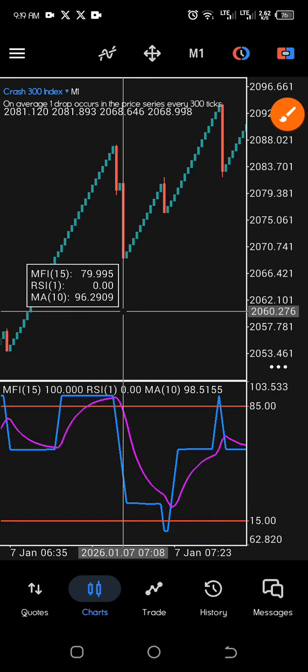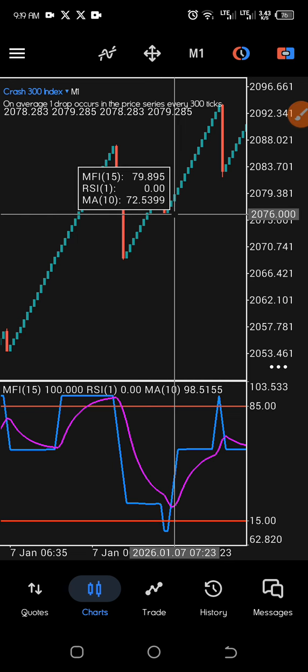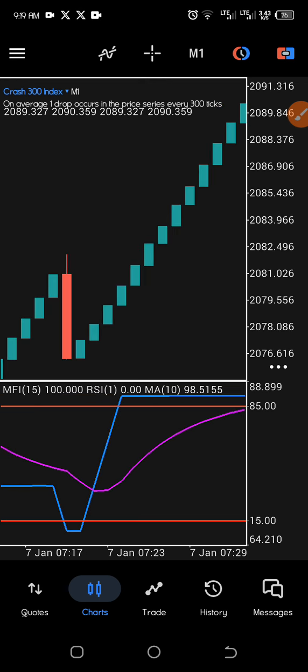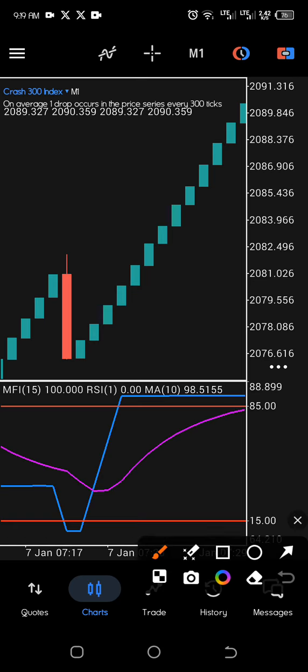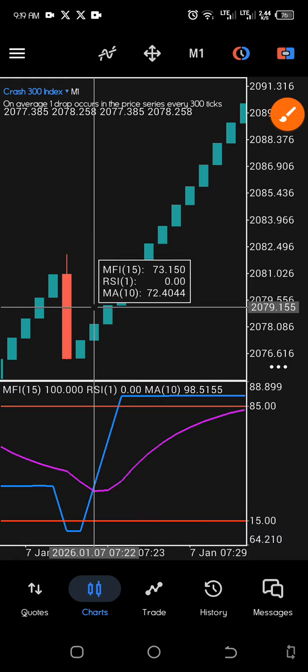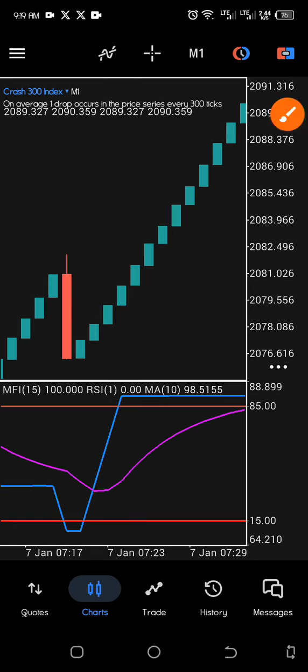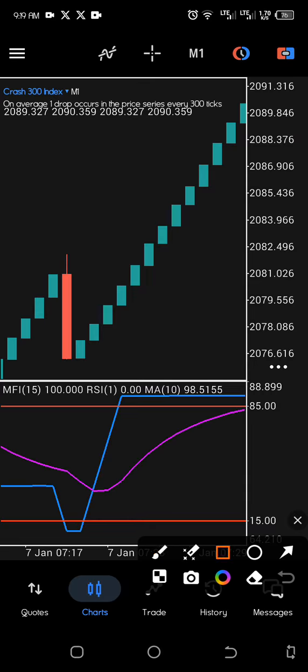If you use this horizontal line, this is the area, this is the candle right here. This candle right here is going to be the one we enter our trade from. Let me zoom so you guys can see it more clearly. Now if we bring this out, this is where you break above it. So we are going to enter our trade from this candle right here. From this third candle after this small spike, we enter our trade. So this is the candle we are going to enter our trade from,